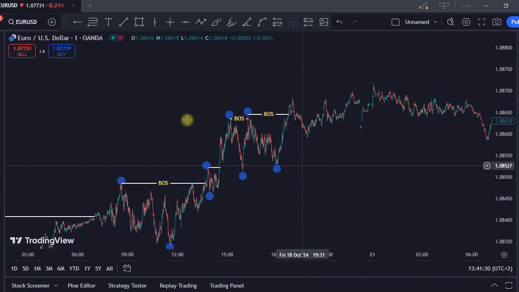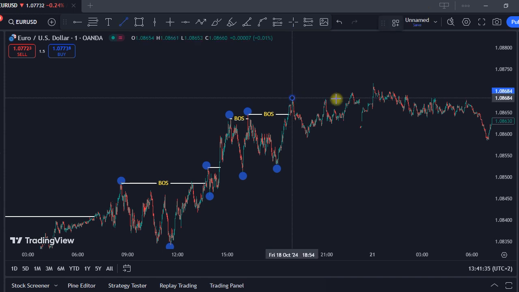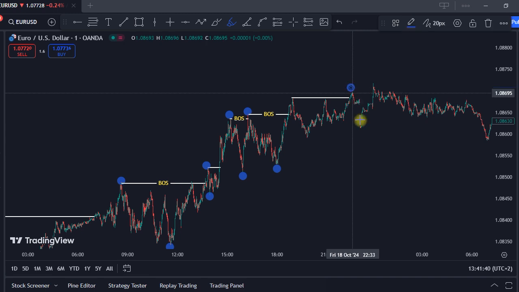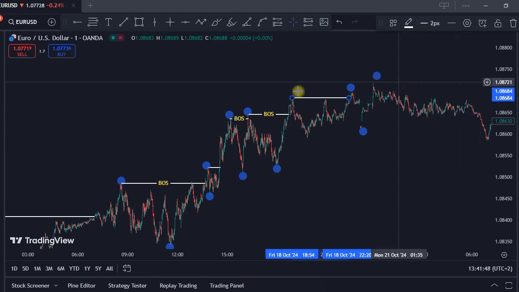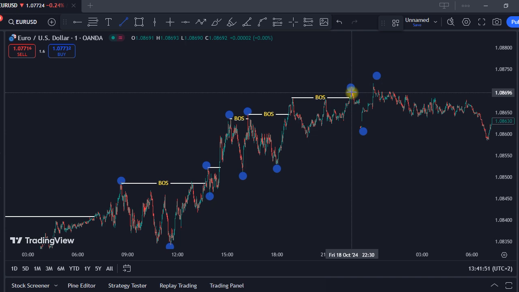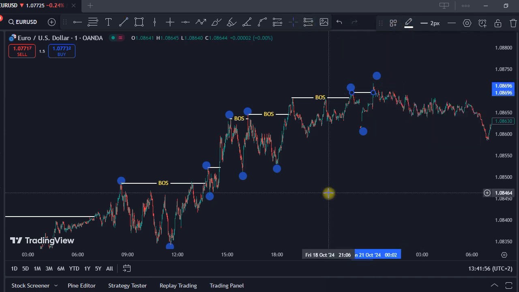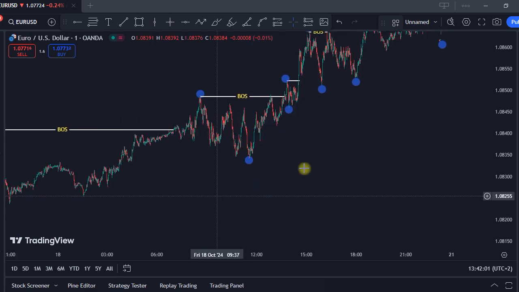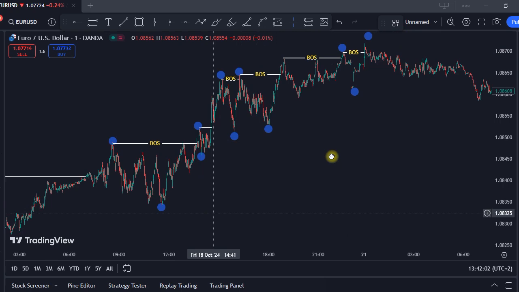And again, we have a breakout of structure right around this area. So we also have another breakout of structure around this area. So that's a high, a low, and a high. So this is a breakout of structure. This is another breakout of structure. So now that we have labeled our structure, let's talk about